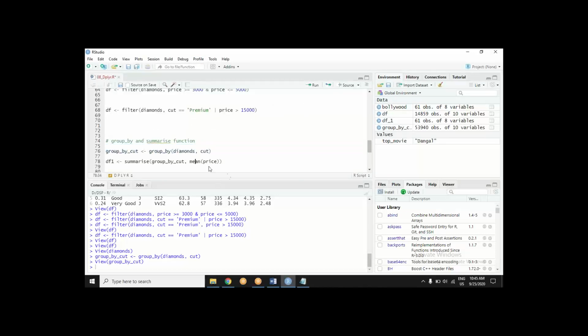In the next step, I say now summarize. Summarize is simple, just like the summary that you see in the base package. Now I'm saying summarize this data set, the group by cut, where internally there is grouping. And the summary I want to see is, say, average price.